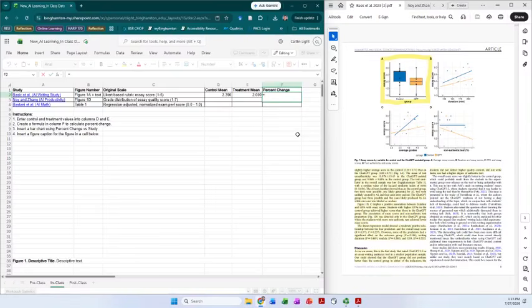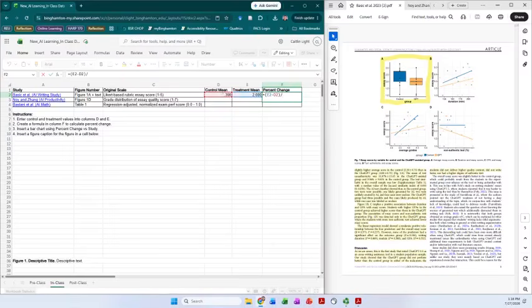Because we need to do a subtraction before division, and order of operations tells us differently, we need to indicate the first component in parentheses so that it does the subtraction before the division. Again, we want to subtract: we want to take the test or treatment minus the control. We want to do that first, so we're putting it in parentheses, and we're dividing